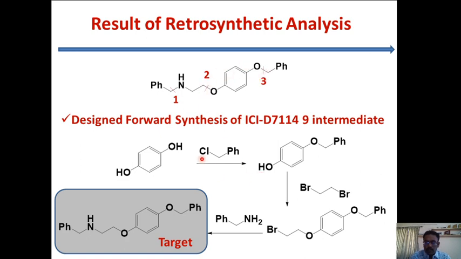So after that, we write down the reverse direction for the design of the synthesis of the given target molecule. Okay. I think now you